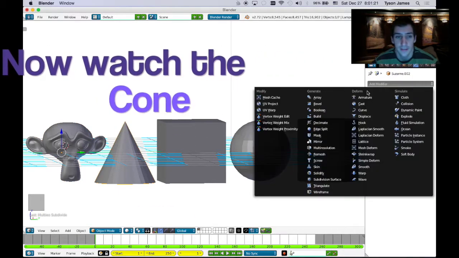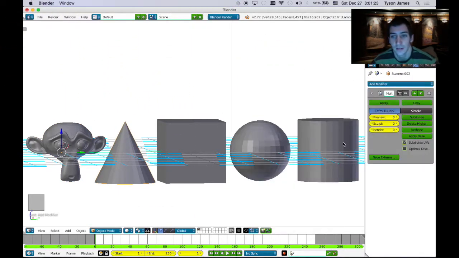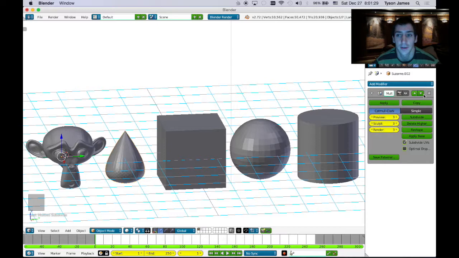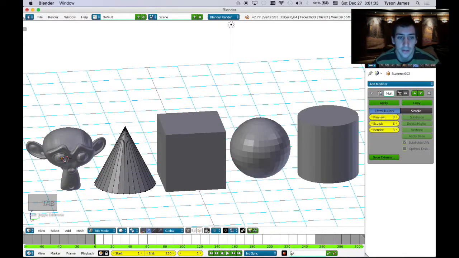Now we're going to do the same thing to the cone. This time though, you'll notice that it changes form. Now that has to do with topology. That's something we haven't really talked about yet. Now to see what's going on, if we look at this in edit mode, we notice that this face has